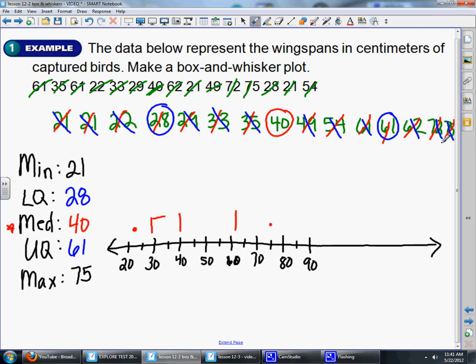So what we're going to do is connect these 3 lines together to make our box, and then we make our whisker. Of course yours would look better because you're going to use a ruler. So what this means then is 25% of the data is here, and if we look at this, look at the numbers are in between